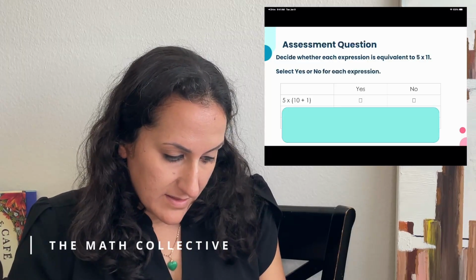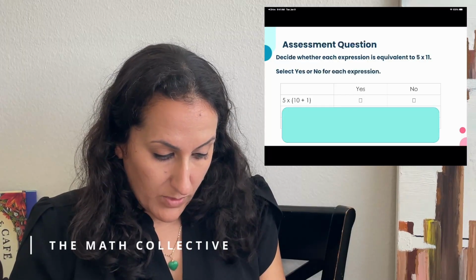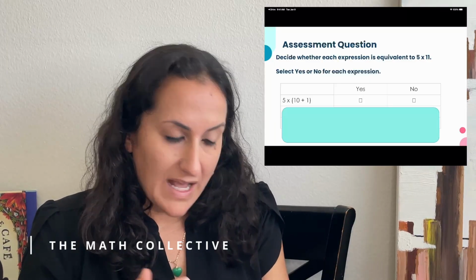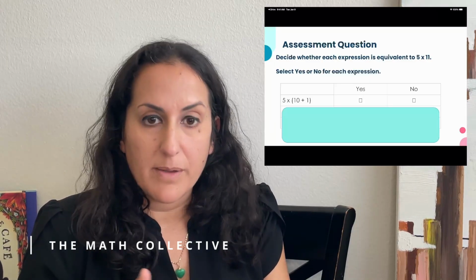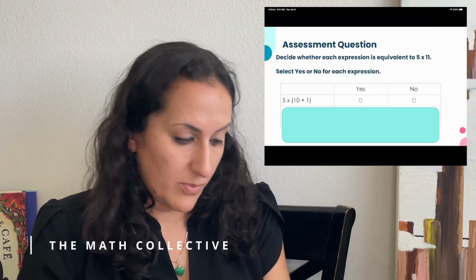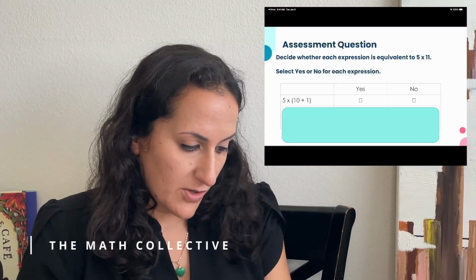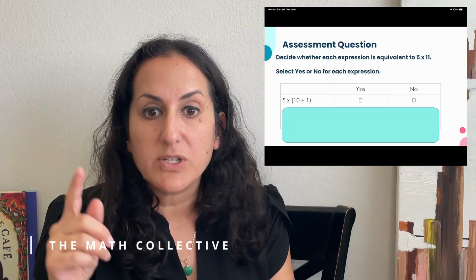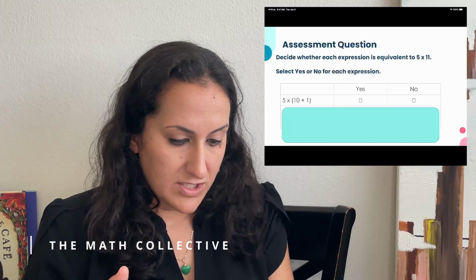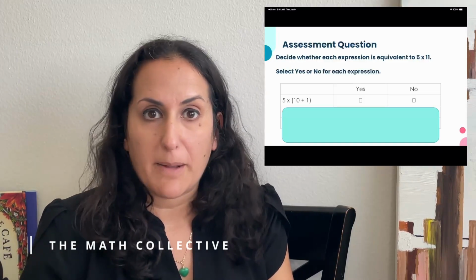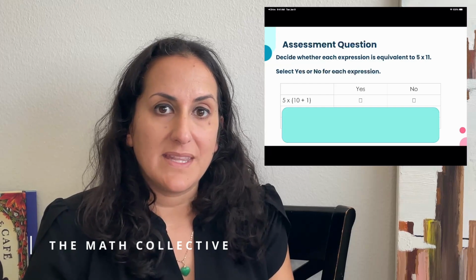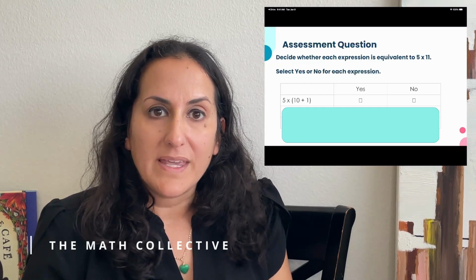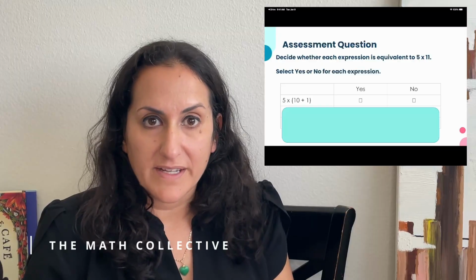5 times the sum of 10 and 1, is that equivalent to 55? And students are going to have experience knowing that the numbers within the parentheses are the ones that you do first. So that would be 11, and then 11 times 5 is 55, and then they would check mark the yes. So something as simple as using a checkbox or knowing what to do in that space is something that they just need a little bit of experience with before we can have them be really confident in solving these